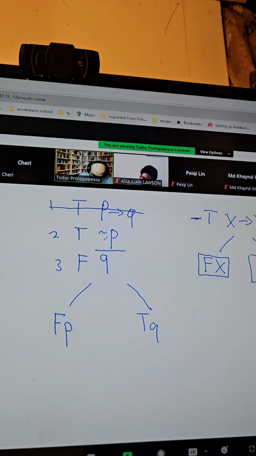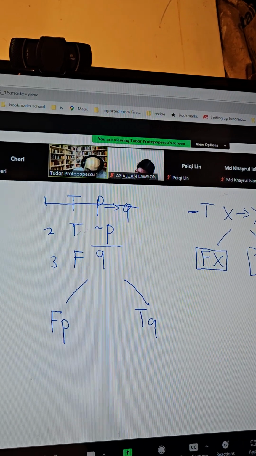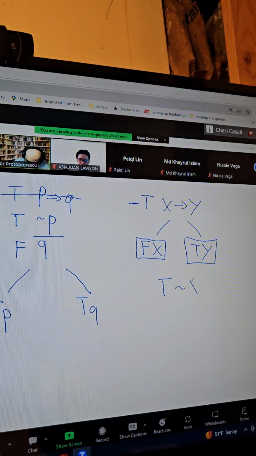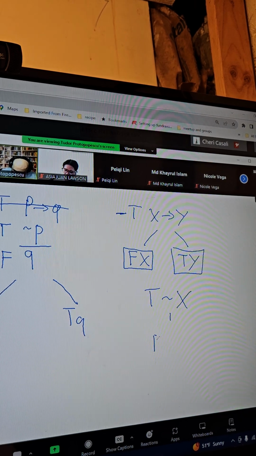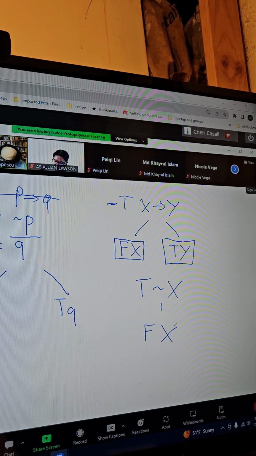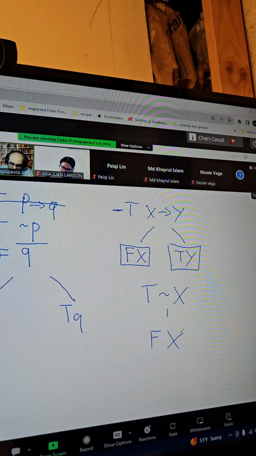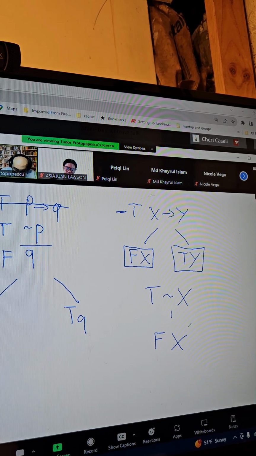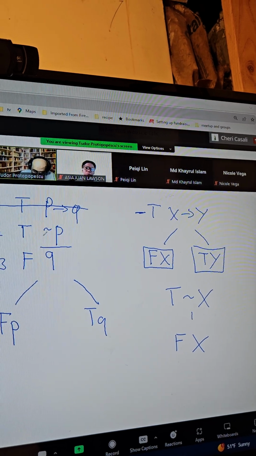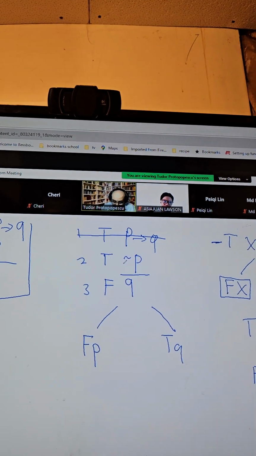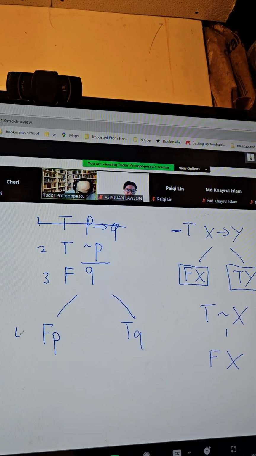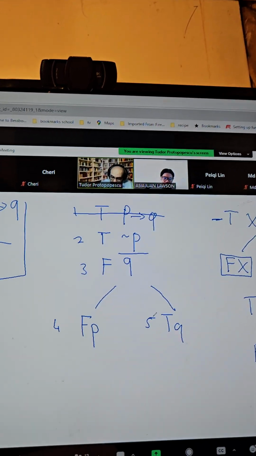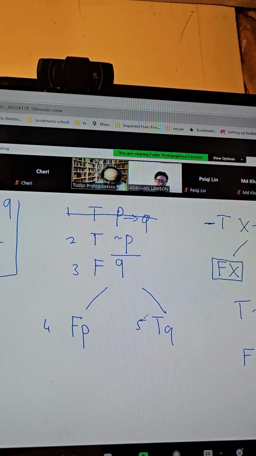Next is number two. We have a true negation, right? The rule for a true negation is if you have true not x, then you can write down false x. If not x is true, then x is false. So if we have not p up here, what should we write down? P is false. Yeah, and where do we write that P is false? Under